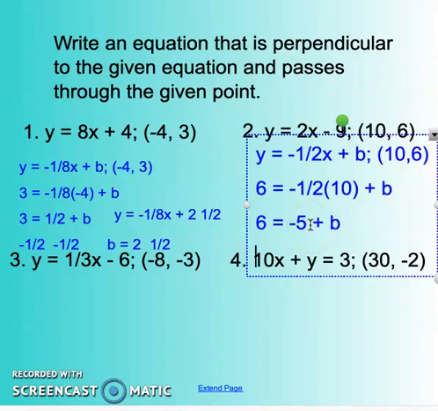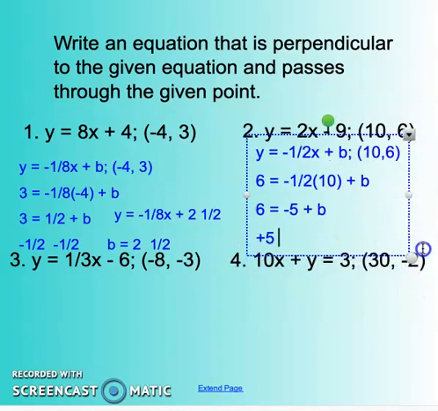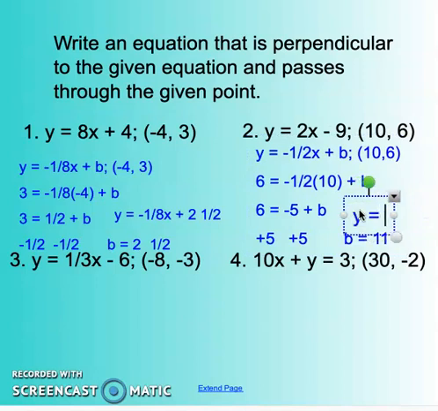If I subtract a negative, remember the double shot, subtracting a negative turns it into basically just a big positive. So I'm adding 5 on both sides. And if I add 5, b is 11. So my equation for this one would be y equals negative 1/2 x